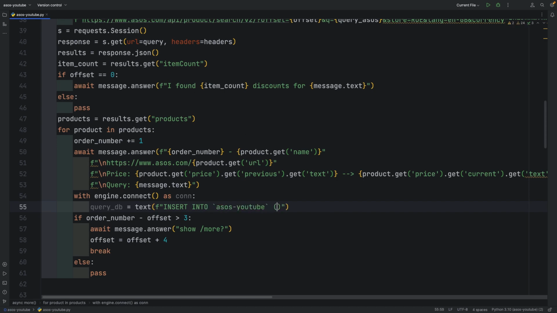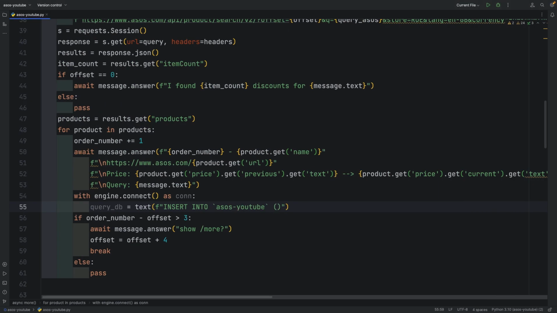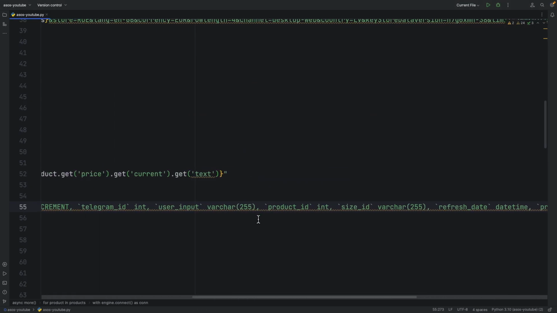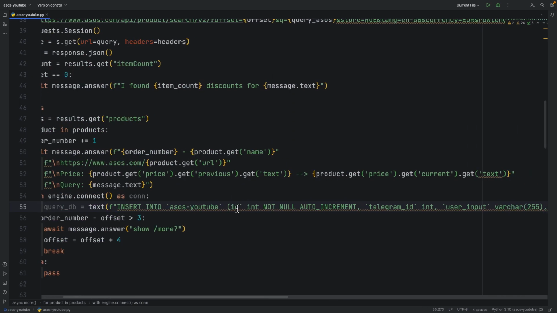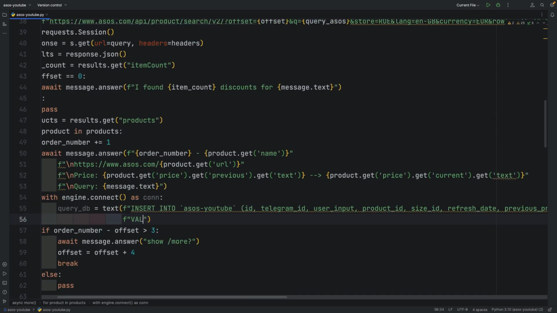Let me go back to my database and copy its keys, paste it here, and delete everything that is not our key names, where the last ones will be refresh date, previous price, current price, and link.